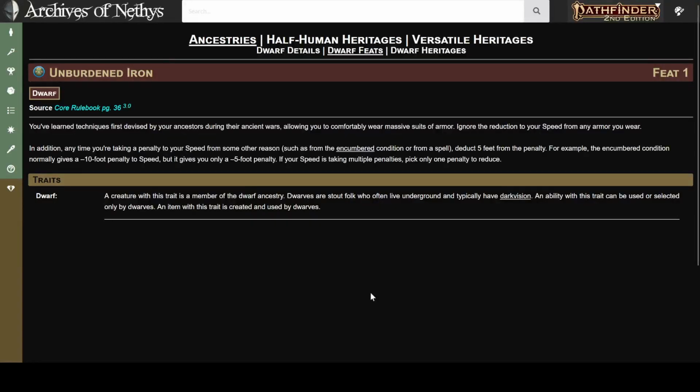And finally, for ancestry feats, I also want to call out Unburdened Iron, available as well to dwarves at level 1. This allows you to reduce speed penalties from armor and other sources, which is really important if we're going to be trying to bump our AC as high as possible, because full plate imposes a speed penalty even if you meet the strength requirements,